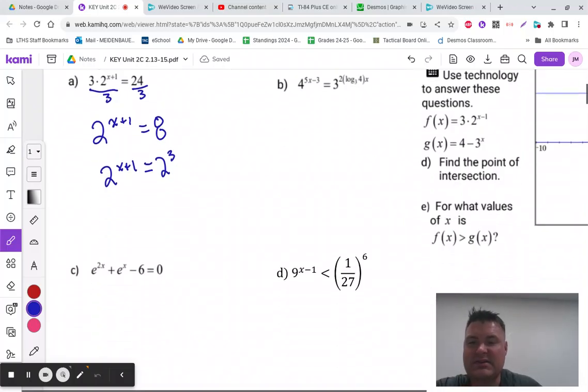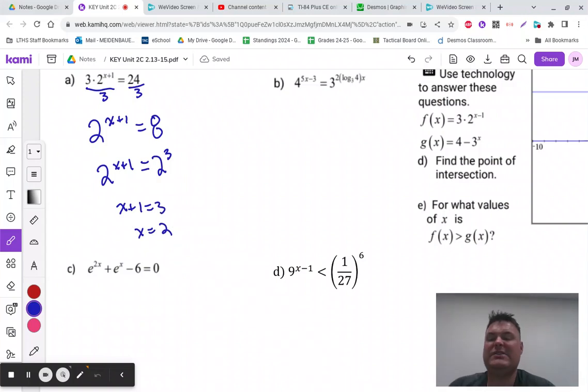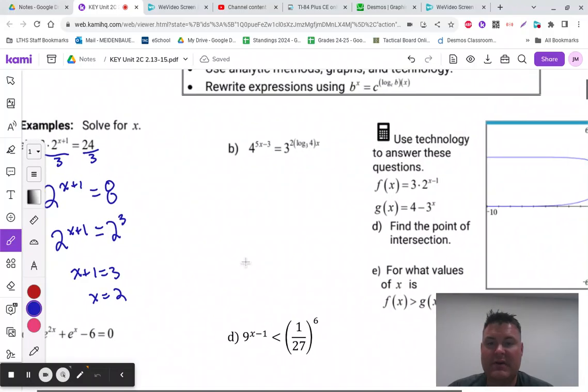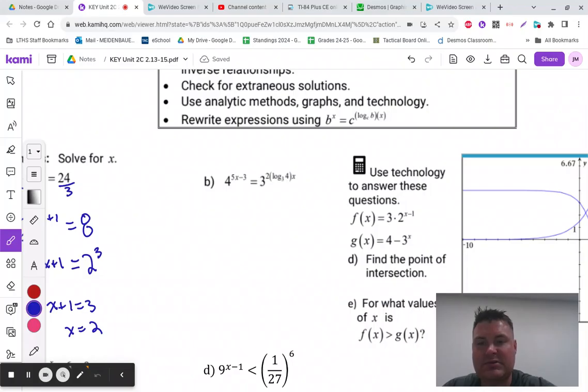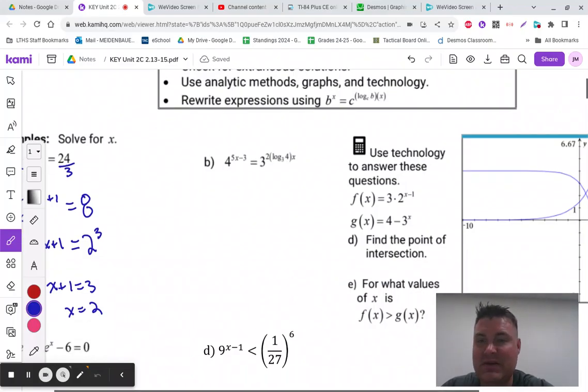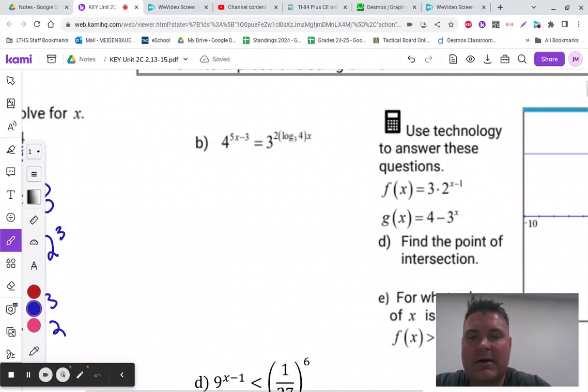Once we have that, the bases are the same. That means I just have to set my exponents equal to each other. So I'm going to get x equal to 2. What's nice about exponentials is there are no domain restrictions, so I'm good to go here. For letter B, this one's a little bit weirder because it's got that log in there. So we've got that log in there, so I'm going to use my log power rule here to rewrite